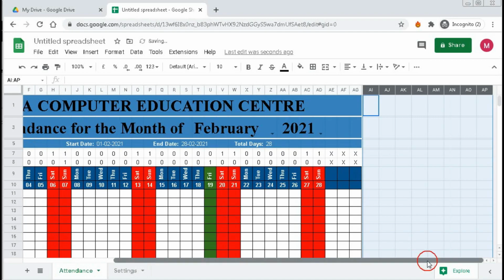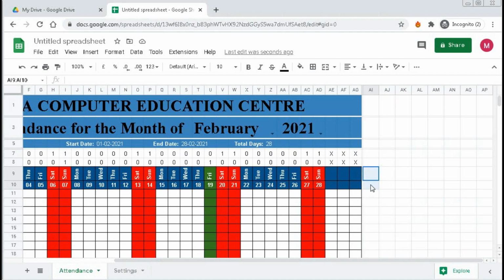reduce the column width. Then select these 2 cells, March. Then drag it up to the end.